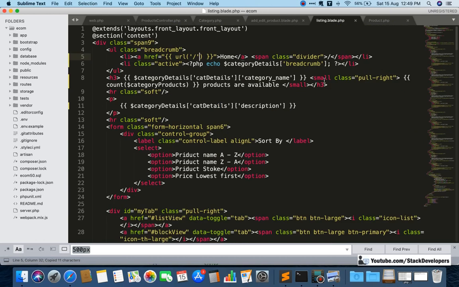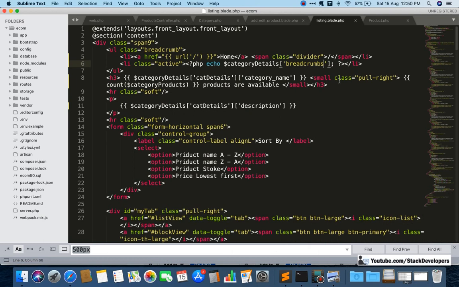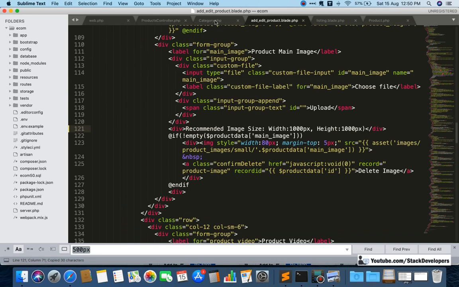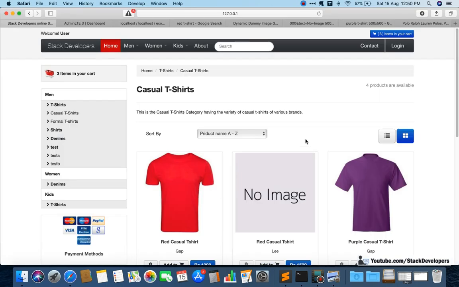So here I will give the breadcrumbs like this, and now we are refreshing, and here you can see the t-shirt, casual t-shirt, it is fine, but we require a span divider in between them. Okay, like this. Now we can refresh and see, now it looks perfect.